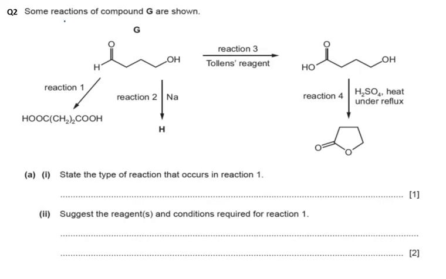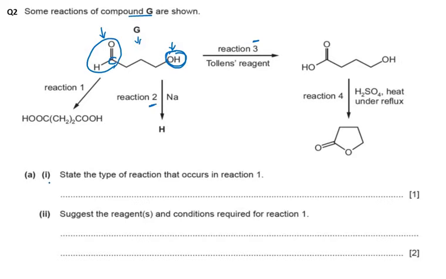Now here is question 2. Some reactions of compound G are shown here, and we can see that here is a compound G which has undergone reaction 1, reaction 2 and reaction 3. What I suggest is that you look at compound G and point out the functional groups. So here is one functional group and here is the second functional group. What is this functional group? An aldehyde, because this is a CHO group, and this is OH. So the second functional group is an alcohol group. Whatever reactions happen are going to happen at these functional groups.